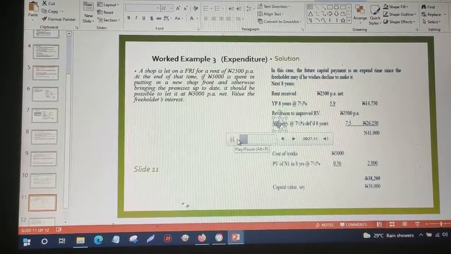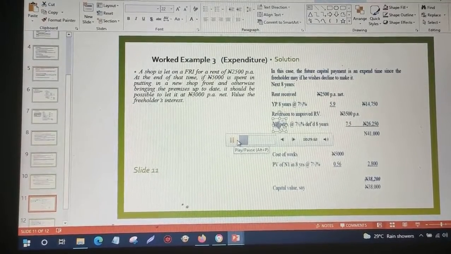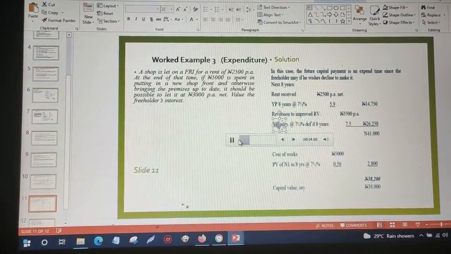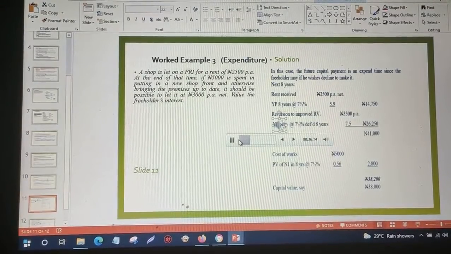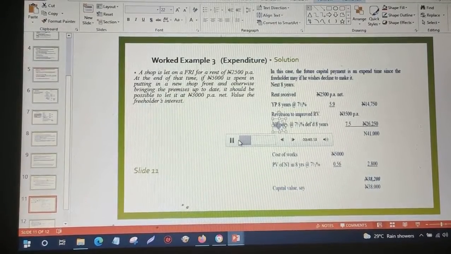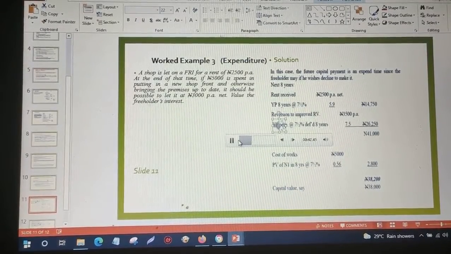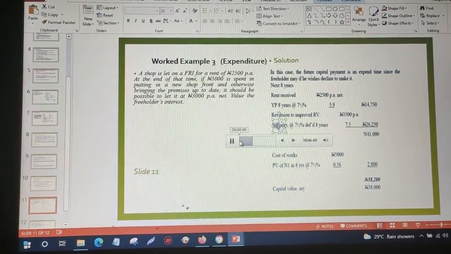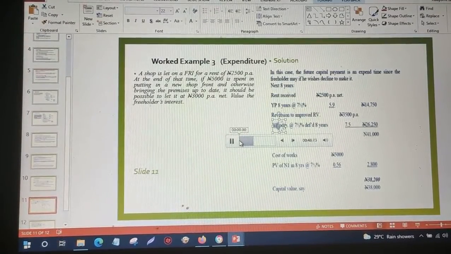At the end of that time, if 5,000 is spent putting in a shop front and otherwise bringing the premises up to date, it should be possible to let that at 3,000 value the freehold interest. Now, if you look at this, a method of deferring expenditure,